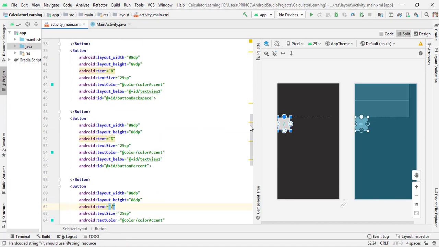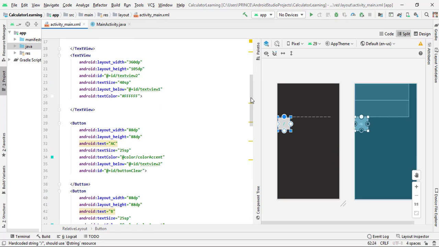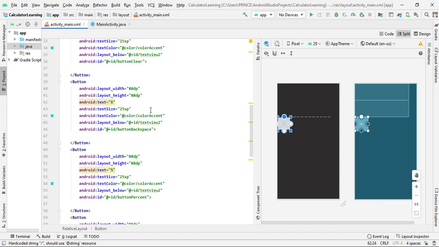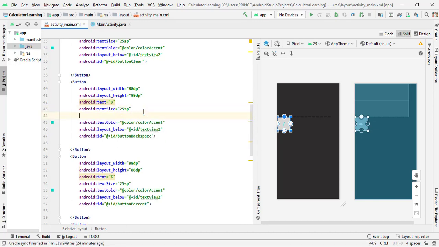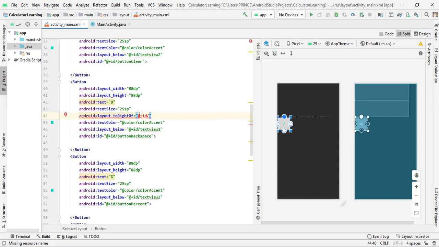Now after changing this, all these buttons overlap on a single button. So what we have to do is give a layout right. You can see this is our main clear button and this is our backspace button, and we need the backspace button just on the right side of the clear button. So for this you have to add a line, simply layout_toRightOf, we remember android:layout_toRightOf, and pass the ID name of your button clear. So I type button clear and you can see now it automatically aligns on the right side of this.